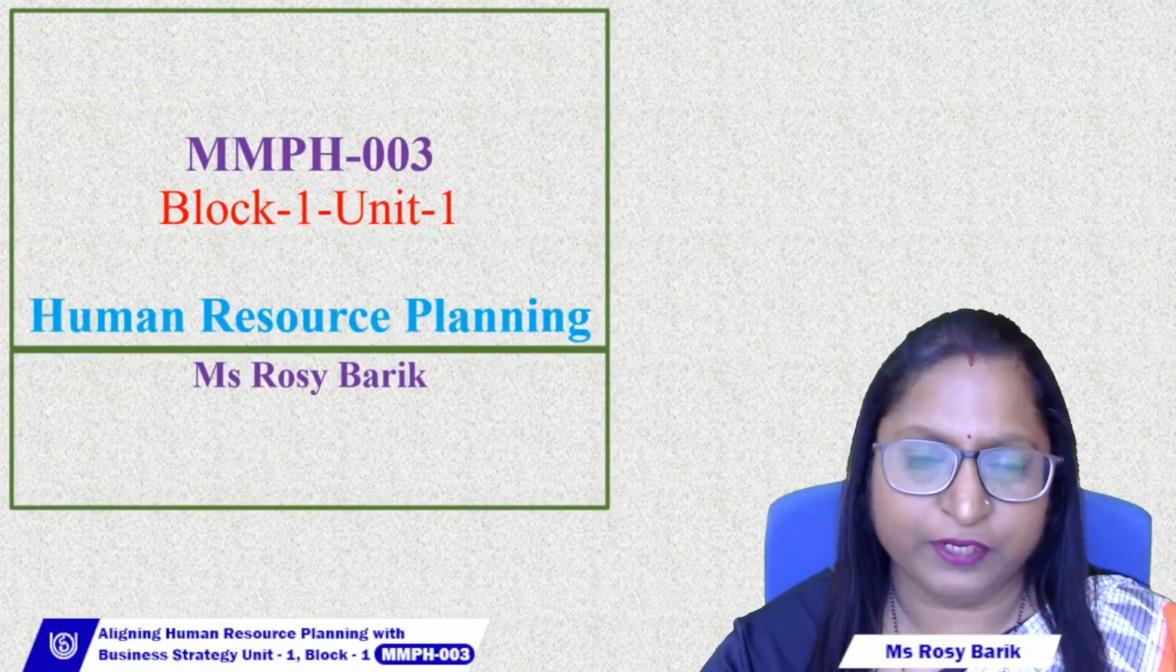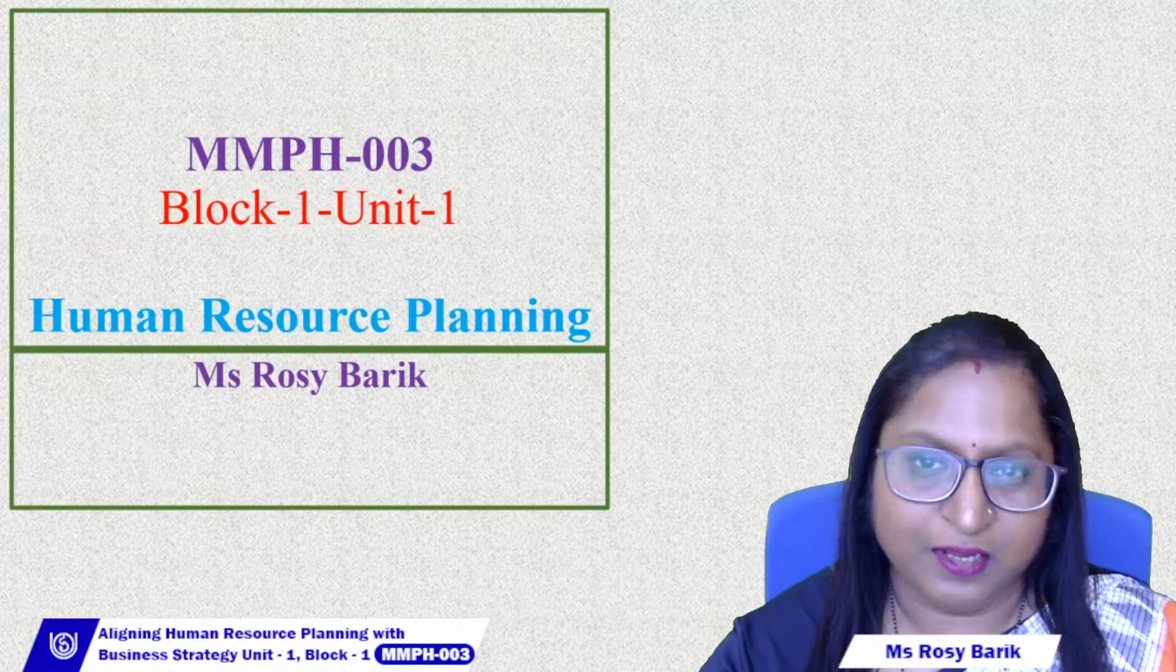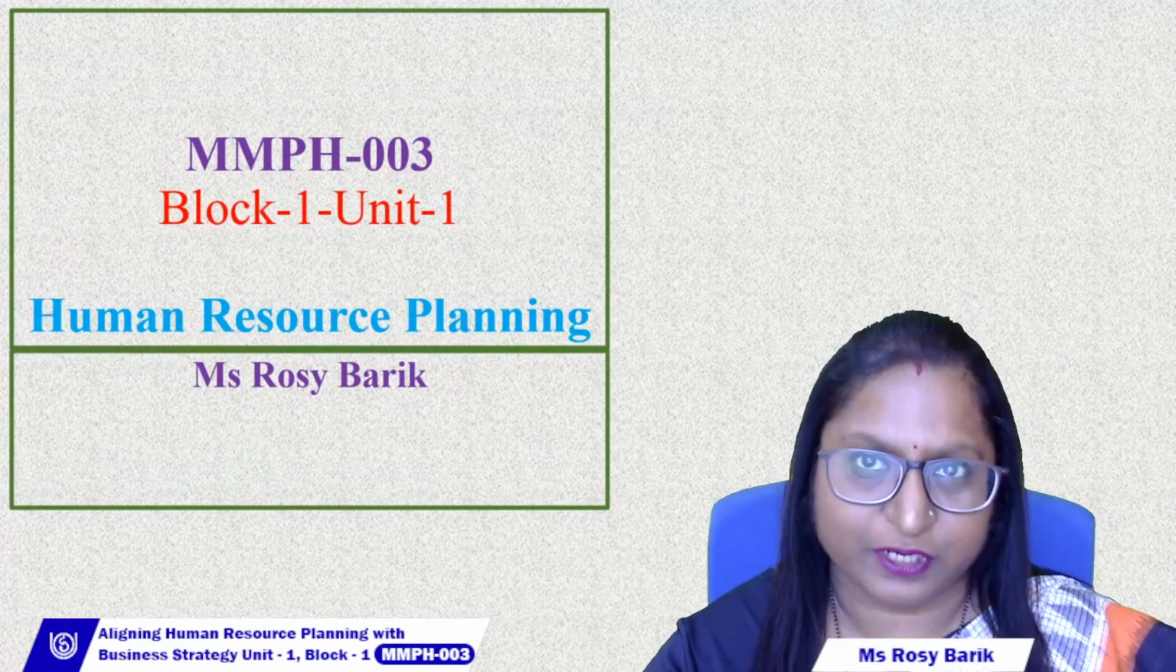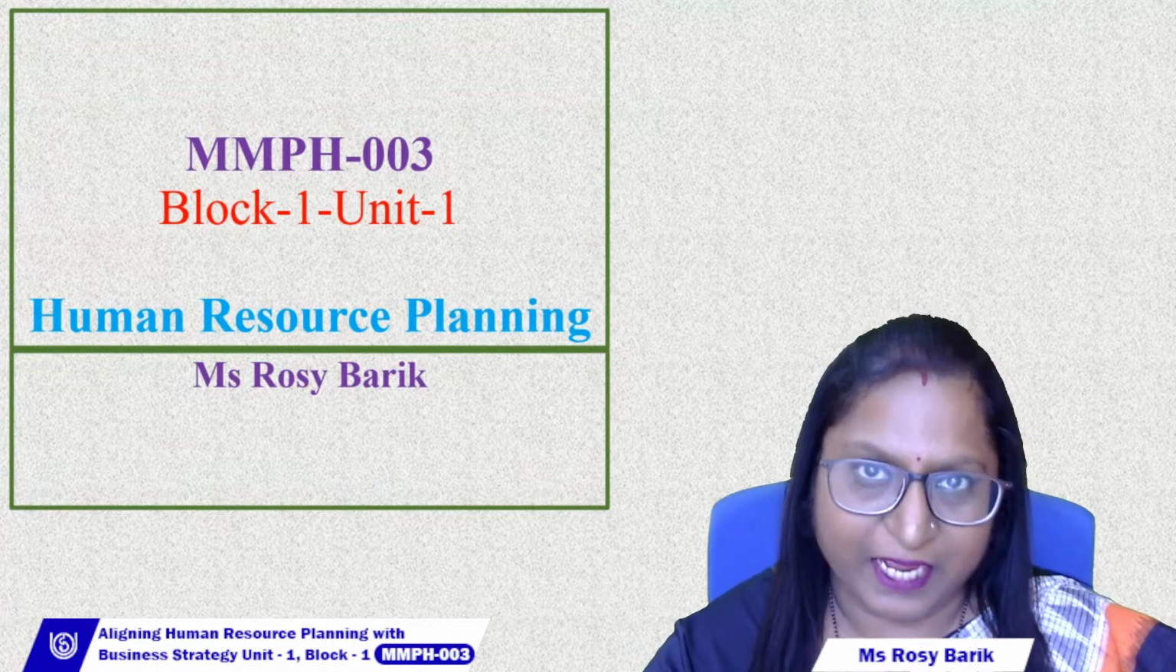Going to teach you about human resource planning. Its code is MMPH003 Block 1 Unit 1, which consists of the alignment of HR planning with business strategy. So, we will be discussing here what are the different strategies that HR policy should take for aligning HR policies